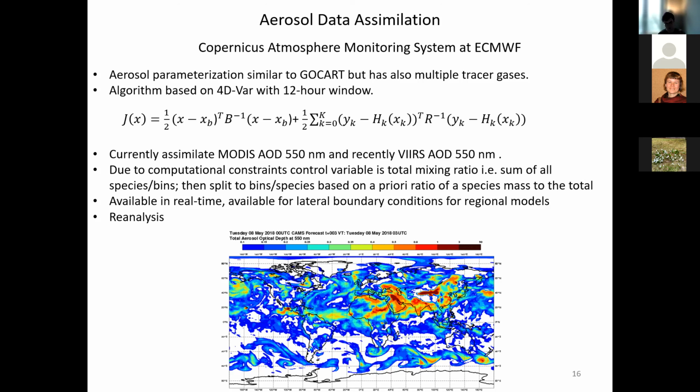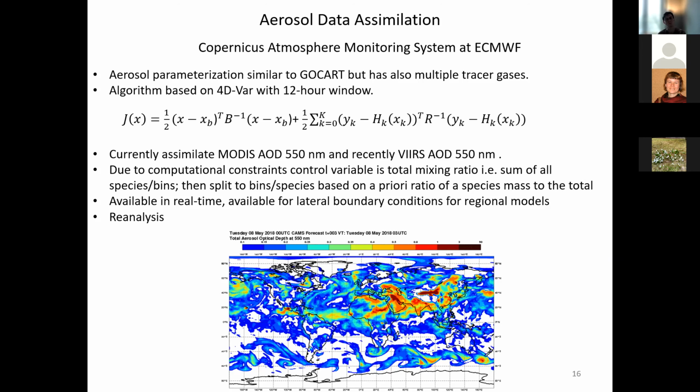It's an iterative procedure that also tries to estimate this x in the equation, which is the approximation to the true state, and estimation of the true state. So they assimilate MODIS AOD at 500 nanometers, and also recently I think they assimilate VIIRS at 550 nanometers. Because there are 14 or 15 species of aerosols, running the whole minimization procedure for all the species is very computationally expensive, so they take a simplified approach to determine the individual species